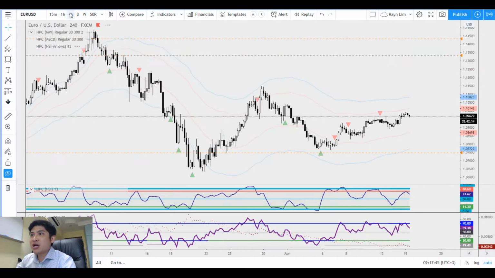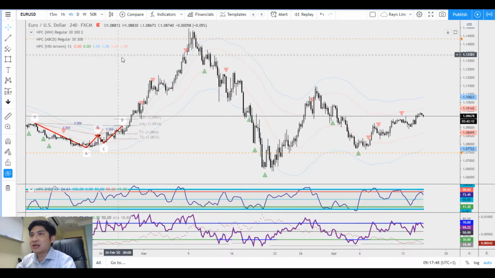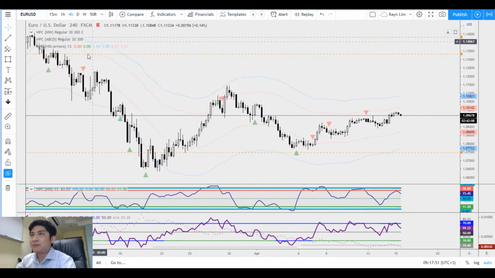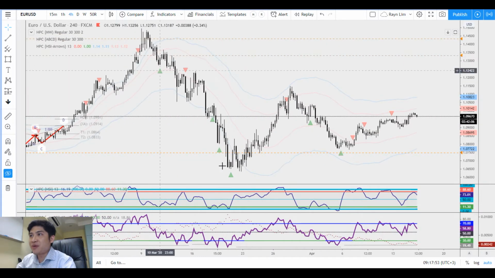On the 4-hour chart, we can see that this is the spike high, and this is recognized by the software. We have a bearish movement, a retracement, and came back down, and we have a bit of retracement towards the upside of this bearish move. So some traders will say, hey, it's going bullish. What? On this time frame, definitely not, because